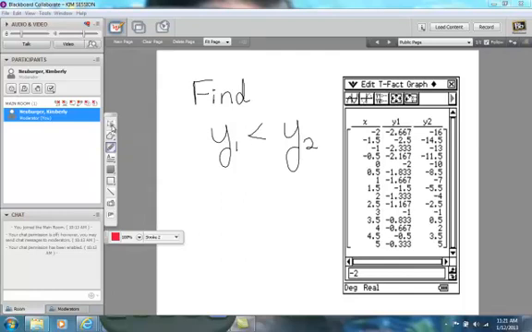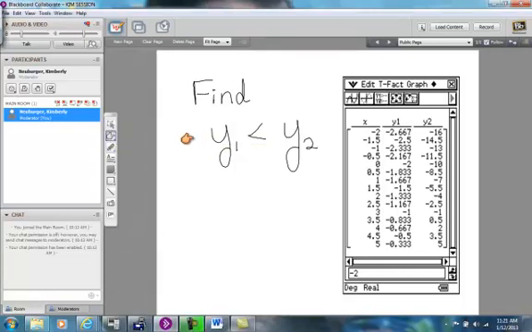For this video, we're going to take a look at how to solve an inequality looking at a table. This inequality wants to know when y1 is less than y2, and the information we're given is what we see here in the table. To solve using a table, you want to glance down your columns for y1 and y2,